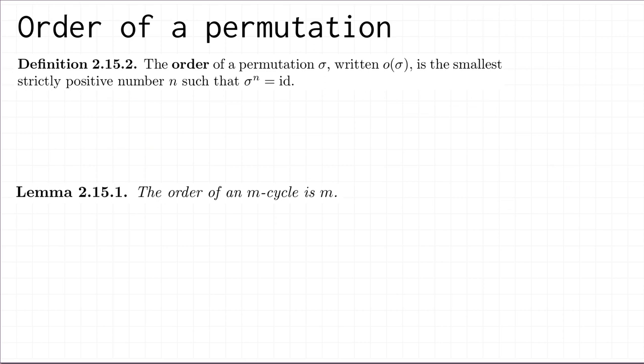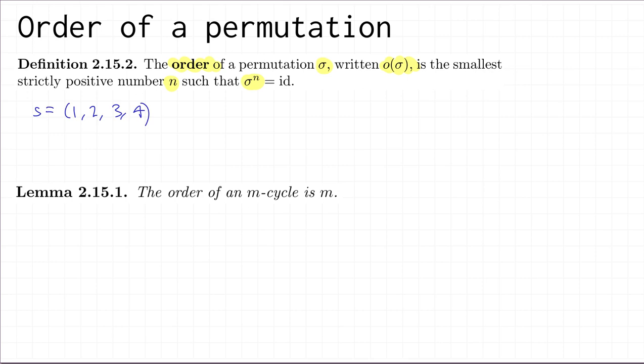Alright, so our permutation S had this nice property that S to the 4 was the identity. And we're going to generalize this by saying that the order of a permutation sigma, which we write like this, is defined to be the smallest strictly positive number n, such that sigma to the power n is equal to the identity. So for our recurring example, S was (1 2 3 4),